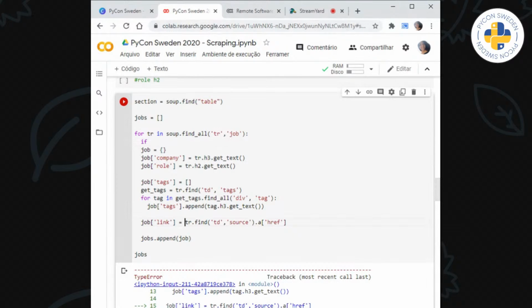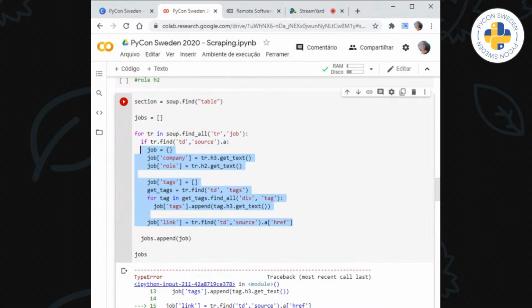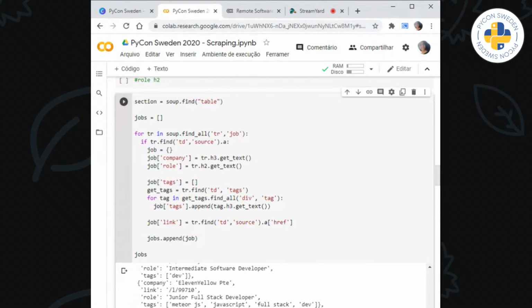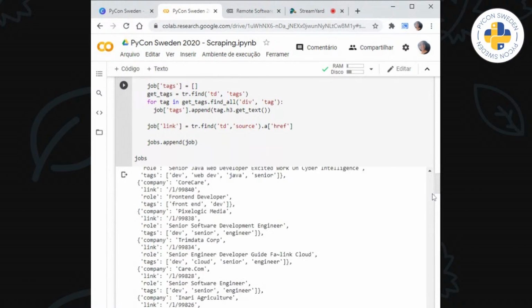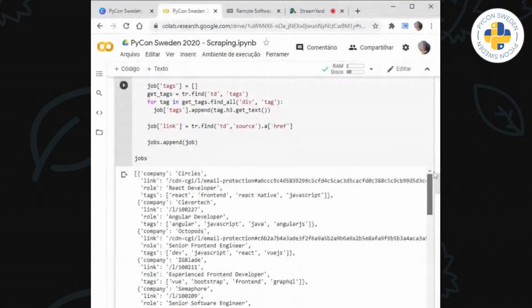So if this exists, I hope this works. I'm not sure if it will. If this exists, we're going to do everything else. Yeah, it does. So now it's getting the company, the link, the role, the tags, everything.